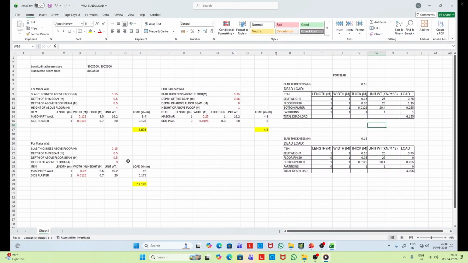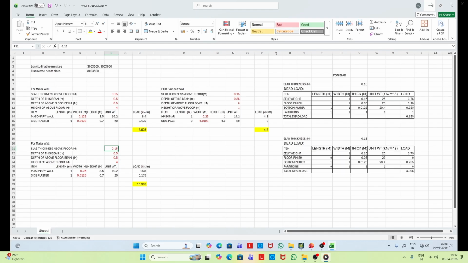So you can see the major wall, and the story height is 4 meter. So let us change it to 4. And now the load per meter run, as you can see, is 16.975. So we can apply 17 kilonewton per meter, slightly higher to be on the conservative side.